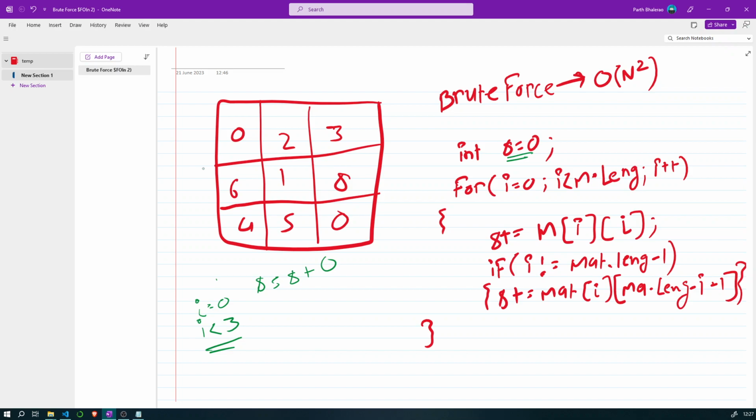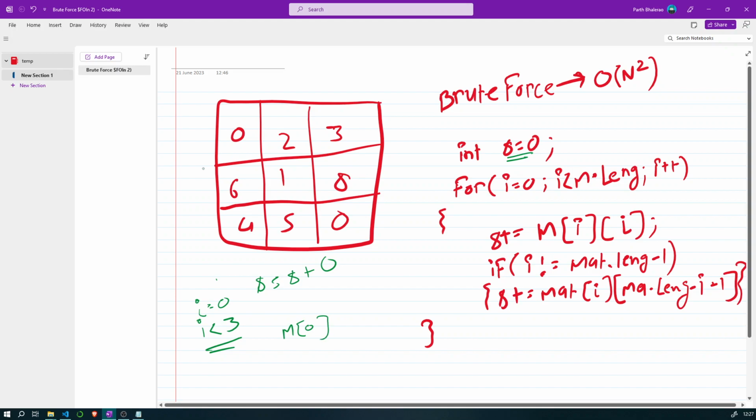If so is the case, then it will add mat of i of mat dot length minus i minus 1. So it will add m of 0 of 2.